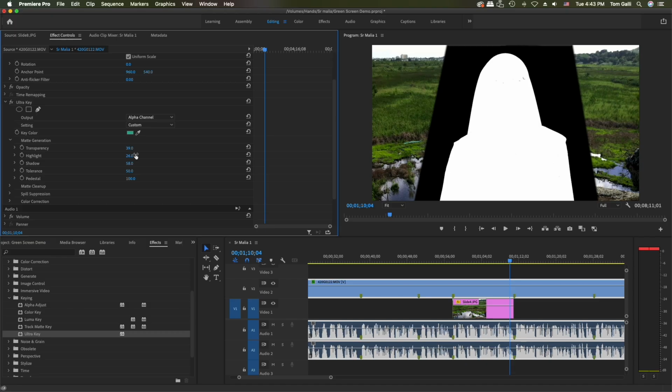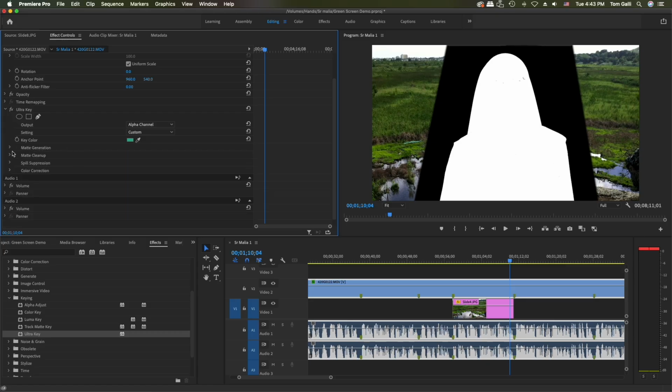And this really is the process. We're just going to keep doing this over and over and over. Shadow adjustment. Okay, tolerance still doesn't really seem to have any effect in this particular case, and I'm going to leave the pedestal cranked. Well, let's go ahead and just try. Yep, crank that all the way up and leave it be. So actually I've gotten pretty good just using these five adjustments. If I'm still having trouble though,